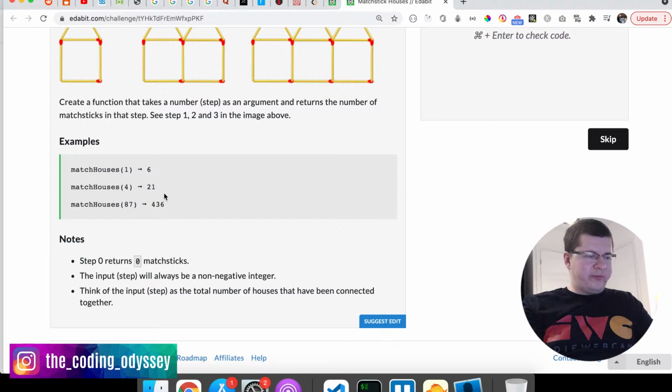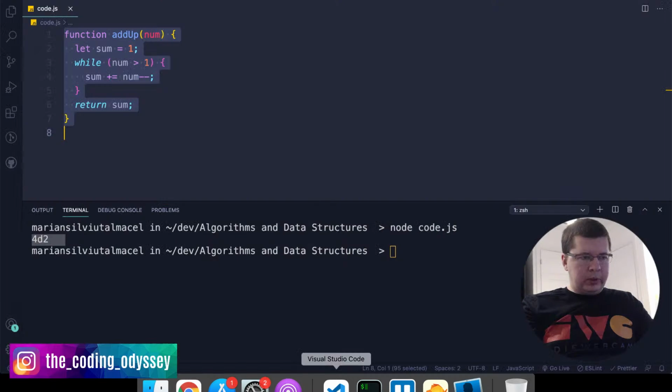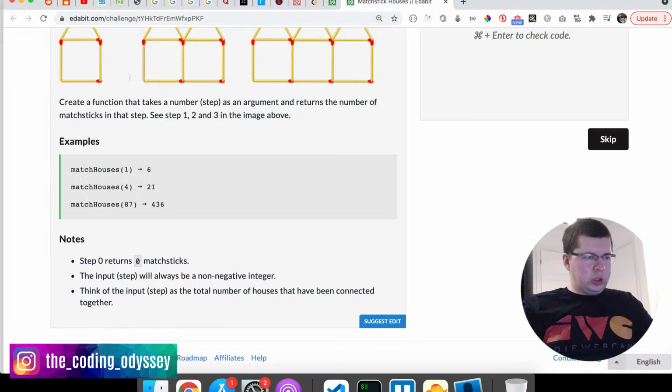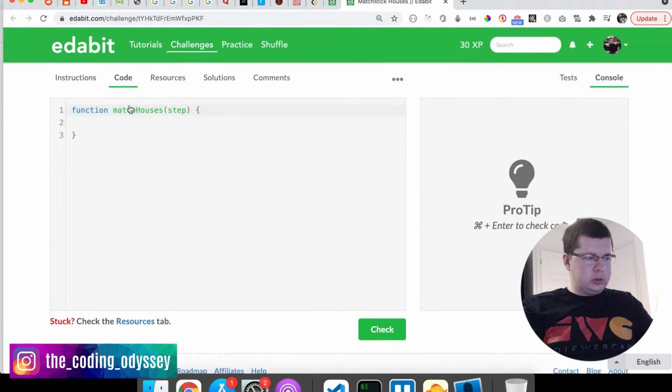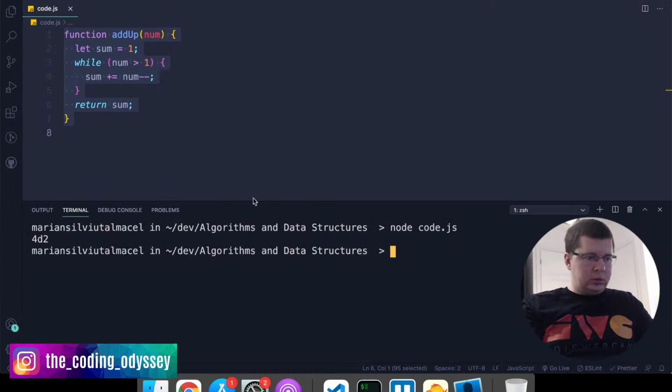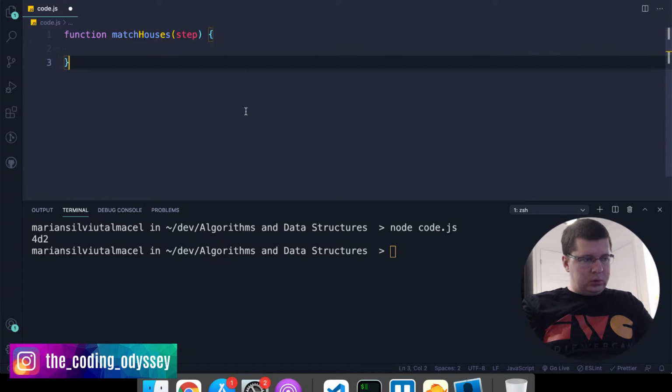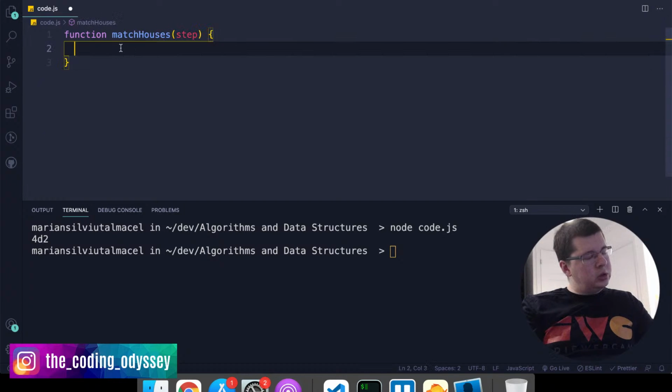Because 3 times 5 is 15, 15 plus 6, 21. The input step will always be a non-negative integer. Think of the input step as the total number of houses that have been connected together. Alright, so what we want to say is we're gonna copy this and we are going to say